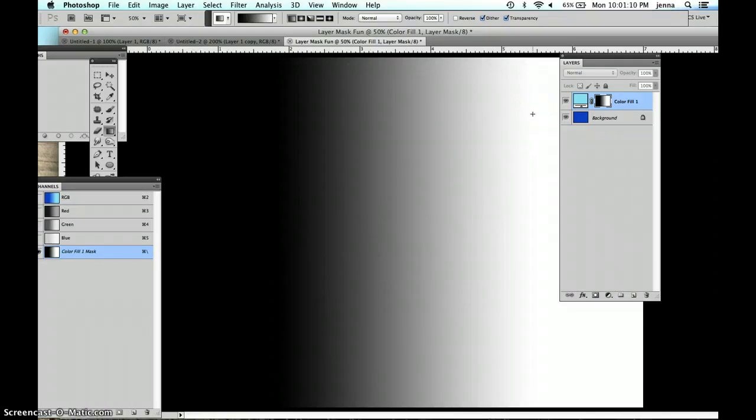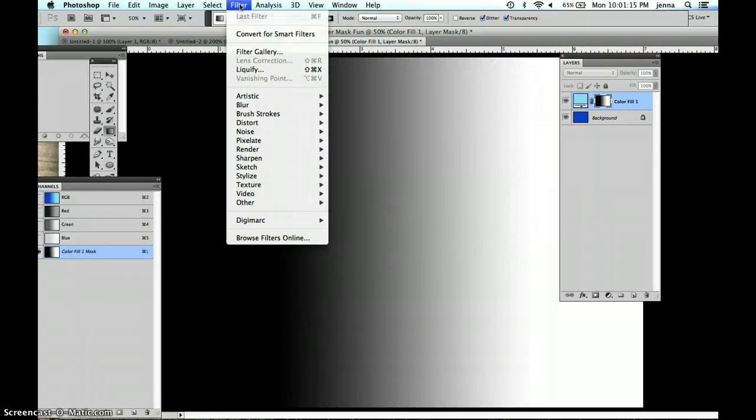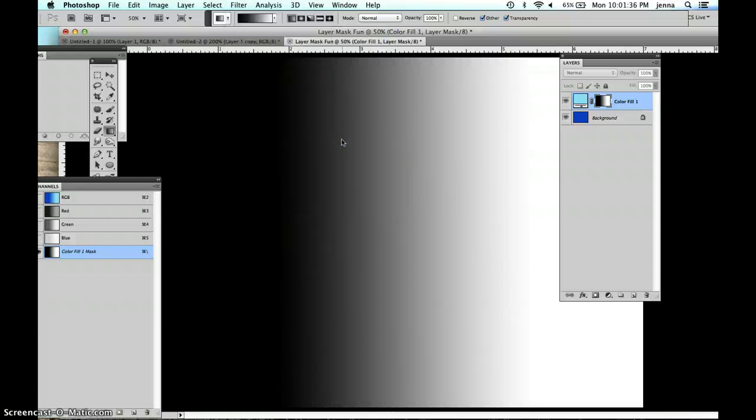Now watch this. This is why I really love masks, is you can come into your filter menu and play around with a lot of different techniques. Like one that I love is Pixelate Halftone. And what halftone does is it gives you a bunch of little dots, just like the halftone dots when you print. If you look up close at a printed material like a magazine, you'll see all of these really cool halftone dots. Well, watch this. When we choose color halftone,